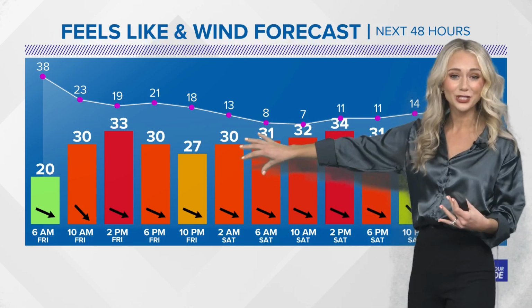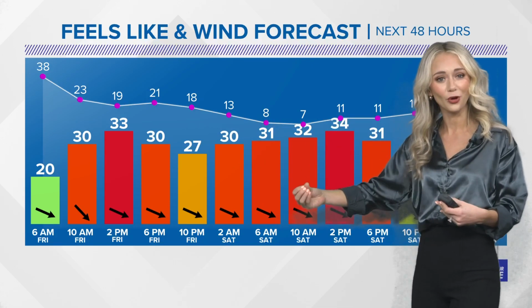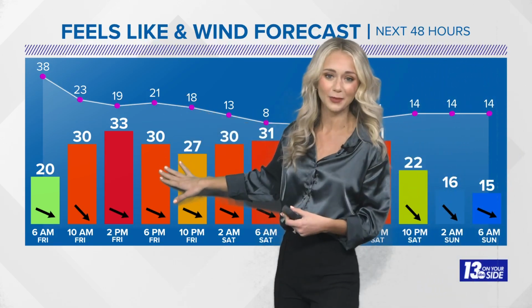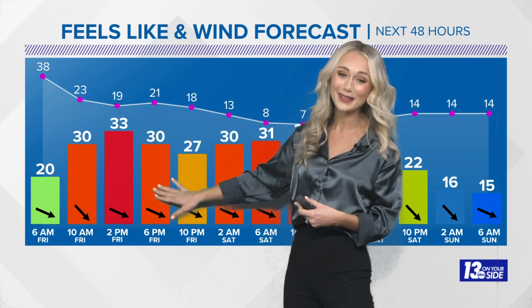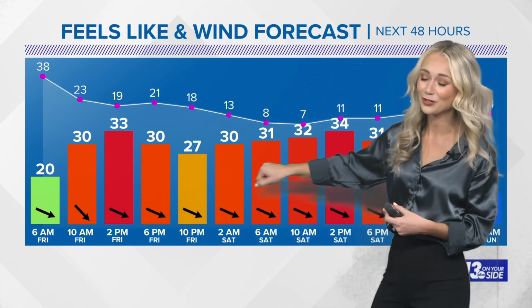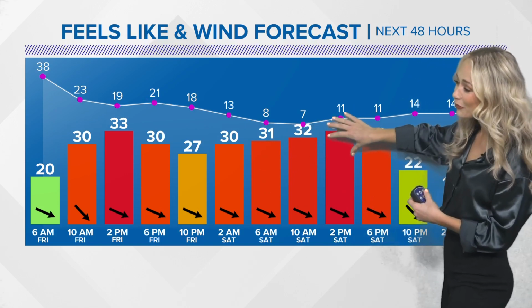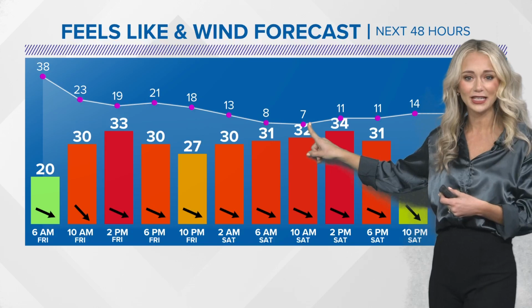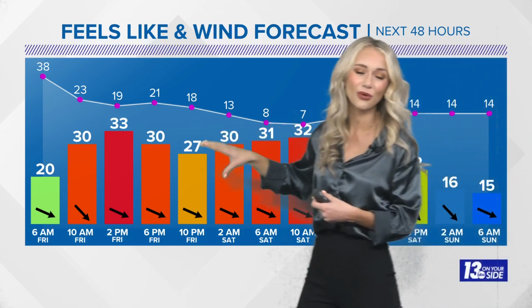but look at what happens to our temperatures. They are going to tumble over the next 48 hours. We're talking feels like conditions at 21 degrees by 6 p.m. tomorrow. If you're going to be heading out to downtown Grand Rapids for Irish on Ionia tomorrow morning, several layers are going to be necessary. 10 a.m. we're talking 7 degrees for feels like conditions, and then remaining in the teens throughout the entire afternoon